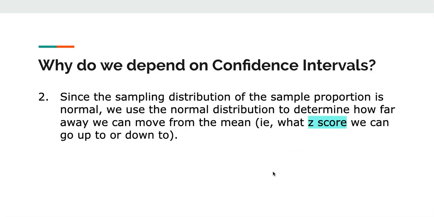Since the sampling distribution of the sample proportion is normal, we use the normal distribution to determine how far away we can move from the mean, what z-score we can go up to or down to. So the first confidence interval that we're going to look at is the confidence interval of proportions. For that one, we're going to use the z-score and